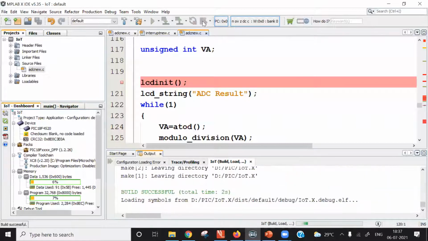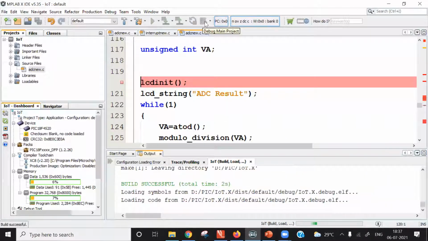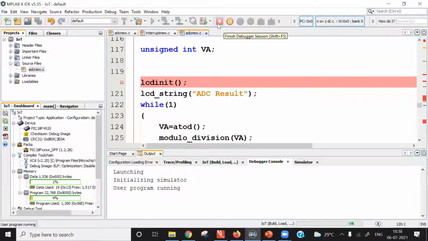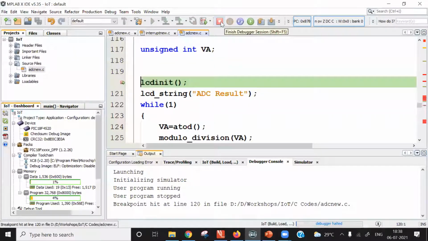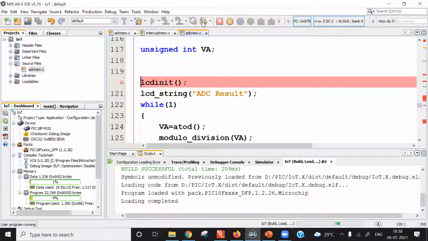Look here, there is an icon here. When you click on this icon, your project will first of all build, and after that you will see multiple icons here. Look at the cursor position here. I repeat the step once again. After selecting the simulator from properties, you click on this icon. You click on this icon, the project will first of all be built, and after that the simulator will be loaded, and with the help of these icons we can control the simulation. Like we can go for single stepping, we can do reset, we can do multiple operations.